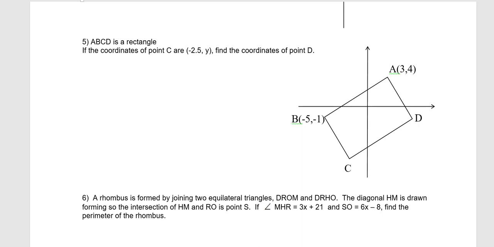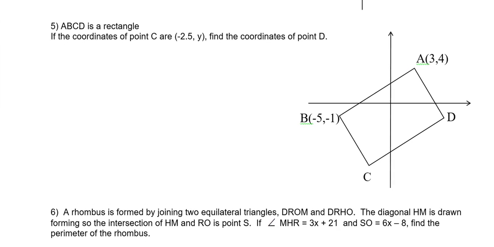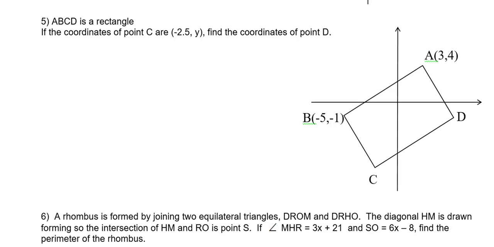It says that ABCD is a rectangle, so we know we have some properties of a rectangle. It gives you a couple of the coordinates A and B, and C, it tells you that the x-coordinate is going to be -2.5, and then the y value, we don't know what the y value at C is, and then we don't know D at all, so let's find that. So the first thing we have to do is we need to try to find this y value at C. And the way we're going to do this is we got to find the slope of this thing first. The slope of AB